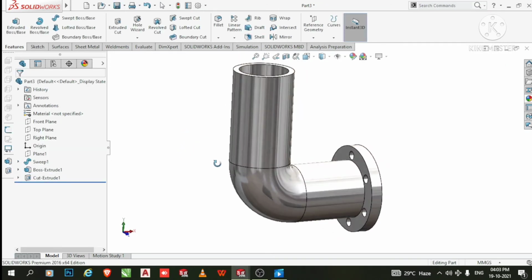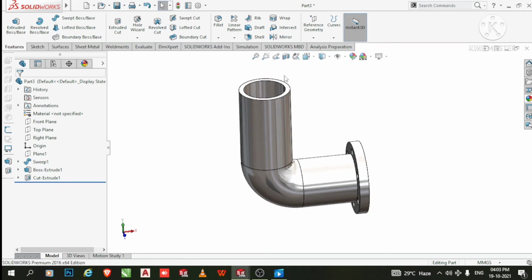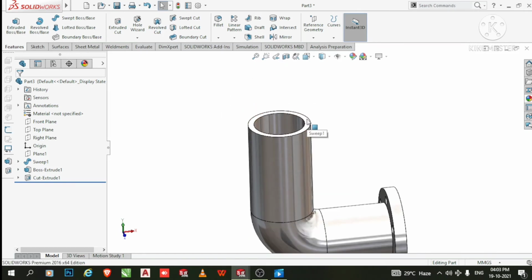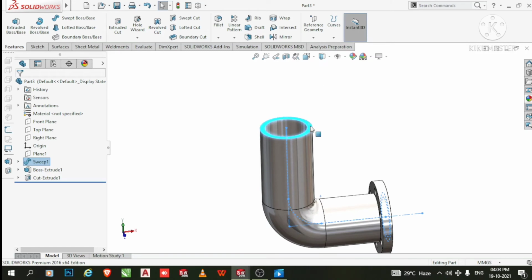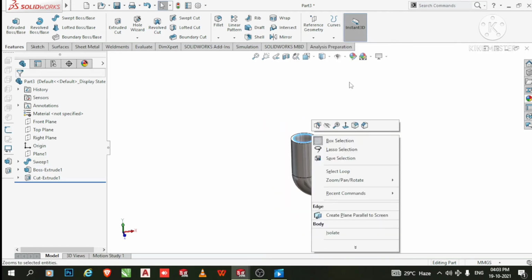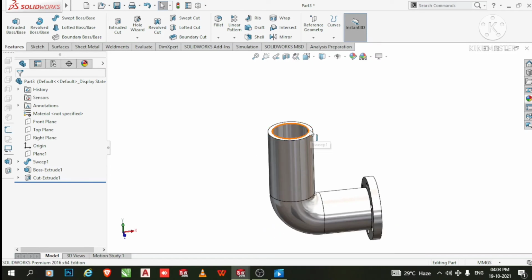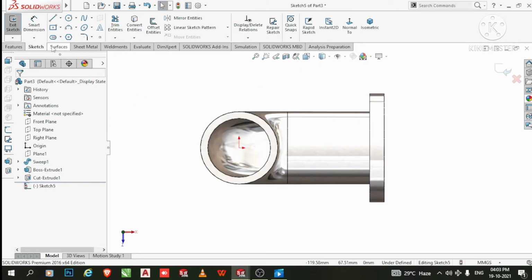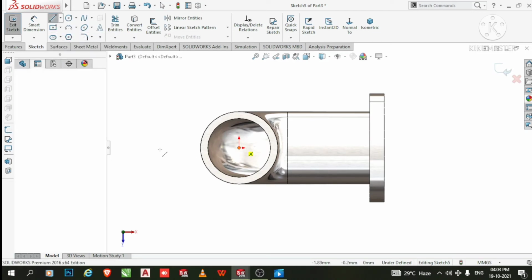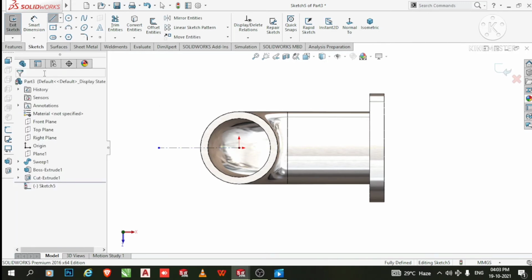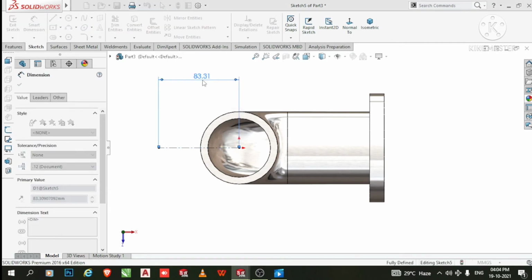Okay, now here we apply second face on this top face, so select this top face, right click, sketch normal, and here we select center line. We create center line from this origin point, make sure it is vertical. Okay, go to the smart dimension and make this length 70 mm,